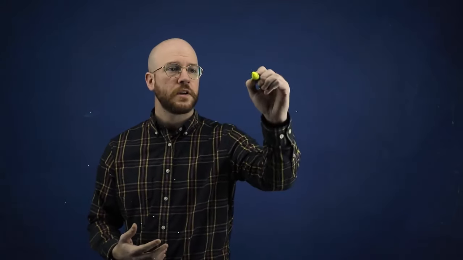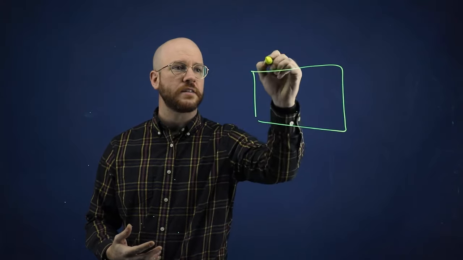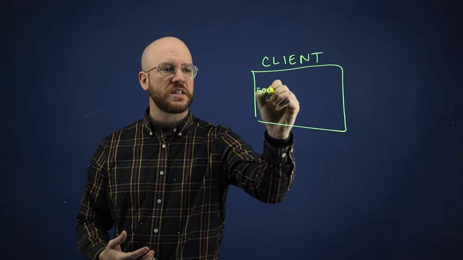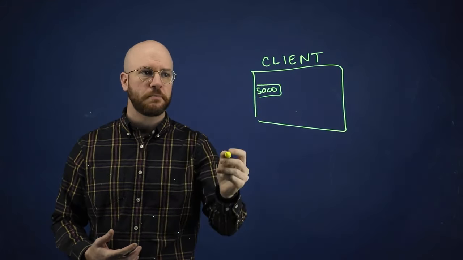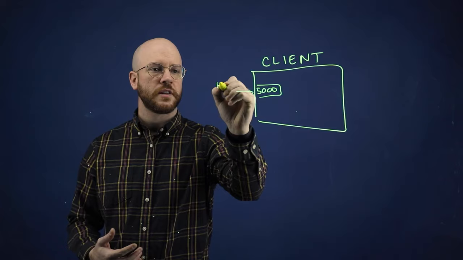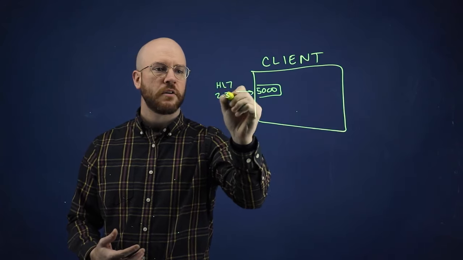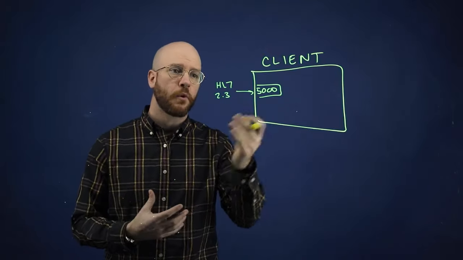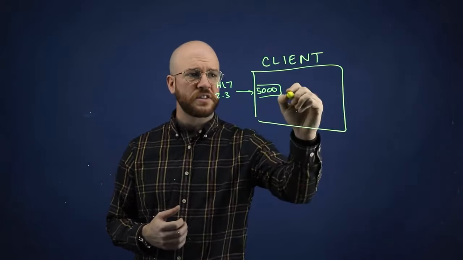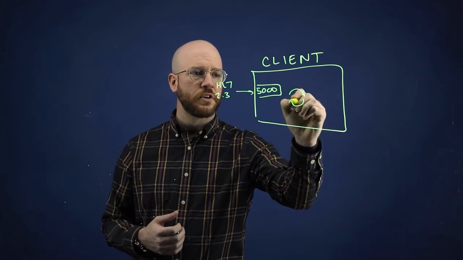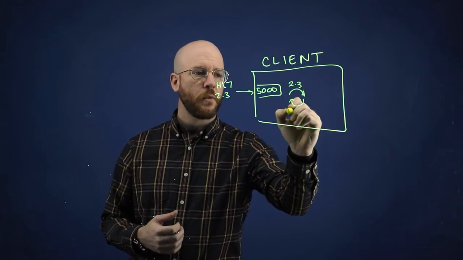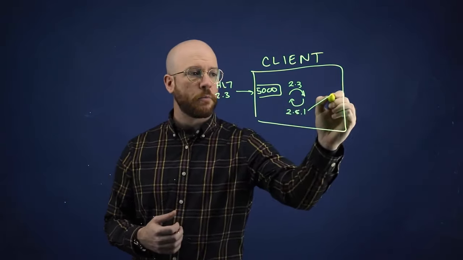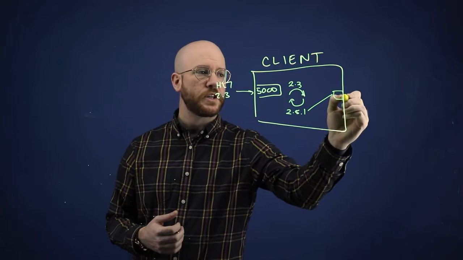client's requests. So let's consider a scenario where your client, labeled by this client system here, expects to receive on port 5000 via TCP incoming messages that are HL7 messages of schema 2.3, so version 2.3 HL7 messages incoming on port 5000. What they would like their system to do is smoothly receive those messages and transform them from version 2.3 to version 2.51, and then as an output, send off to a business operation that can output